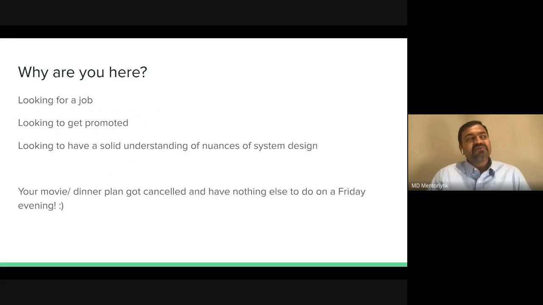Talking about the first three reasons here, even if you're not looking for a job, what I have always seen is if you have a very good understanding of how complex software systems are developed and designed, it gives you an edge at your current company, in your current position, to call out some of the things, to suggest some of the things which may be hidden, which people may not be thinking about. And if you propose those changes, you ultimately get an edge, right?